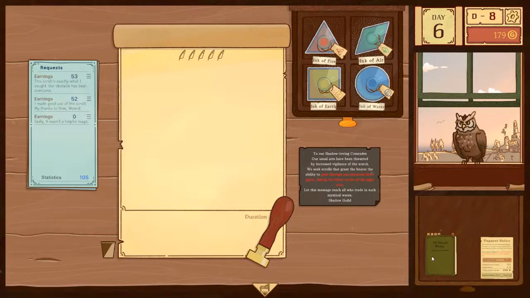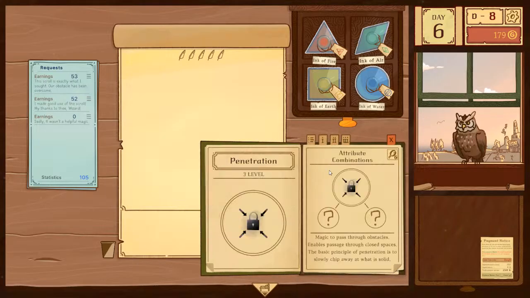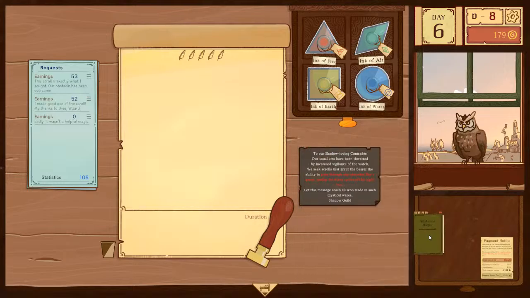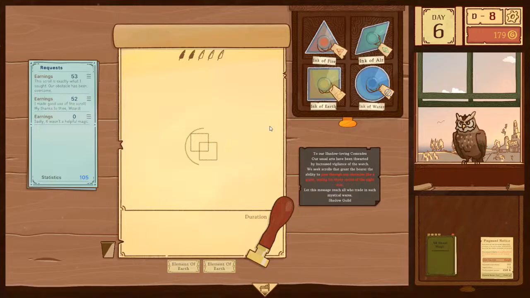Interesting. I do like shadows. Let's see, they want penetration magic. Magic to pass through obstacles. Enables passage through closed spaces. Is a principle of penetration to slowly chip away at what is solid. What is solid? But rock? And what slowly chips away at rock?